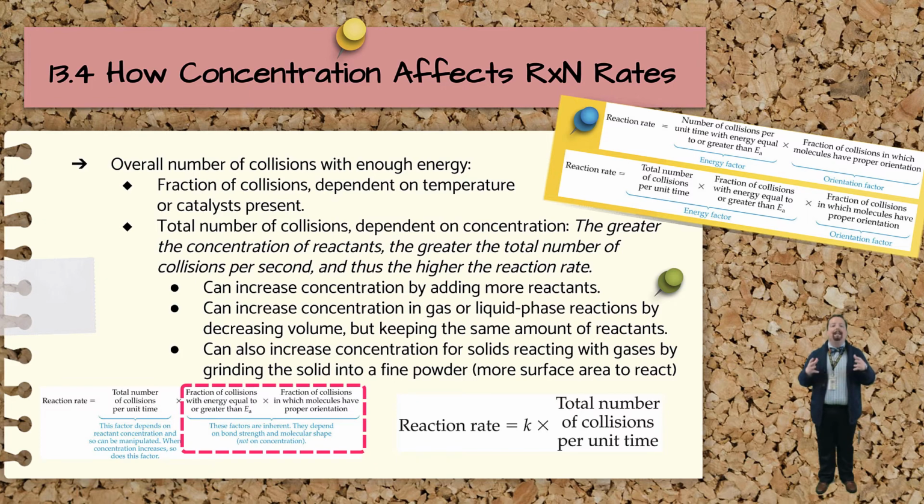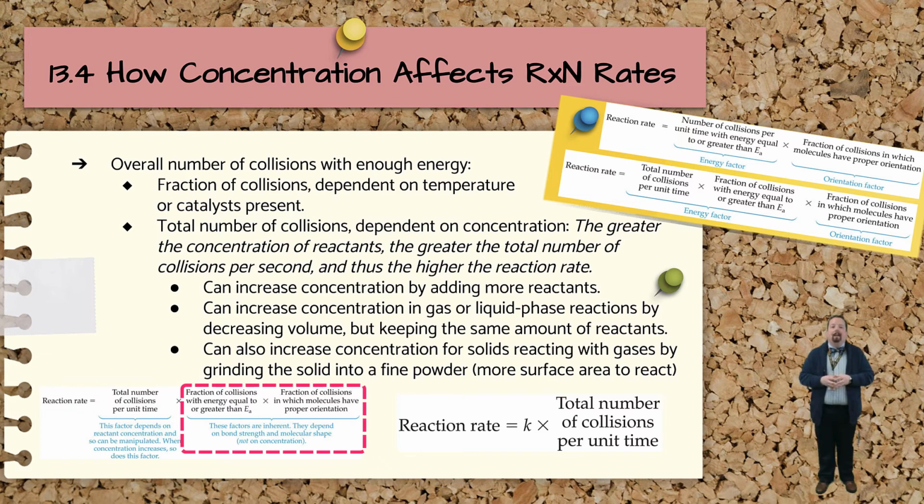The higher the concentration of reactants, the greater the total number of collisions, and therefore the higher the reaction rate. Some common ways to increase concentration are by adding more reactants to a reaction vessel, decreasing the volume of a reaction vessel but keeping the same number of reactants, or, for reactions between a solid and a gas, turning the solid into a powder so that there's a greater number of molecules that can react with the gas at a